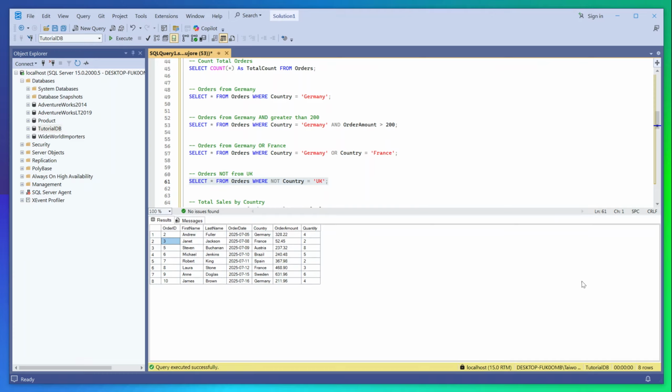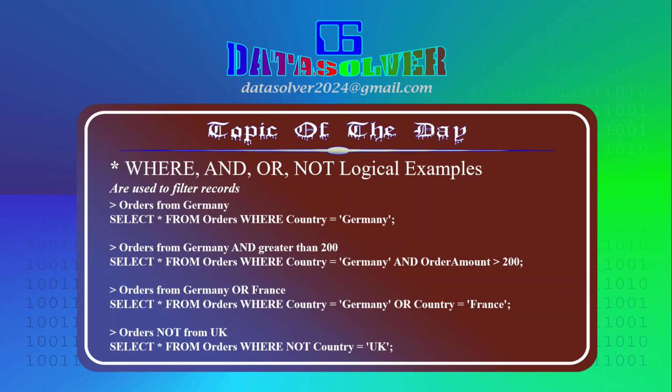1 and number 4. So it's excluded. So now let's go to our slide. Next one is